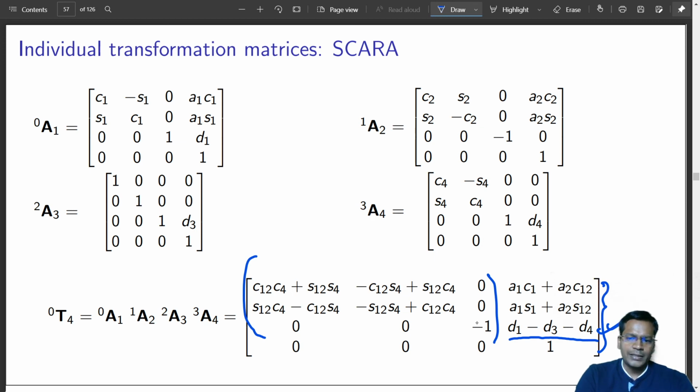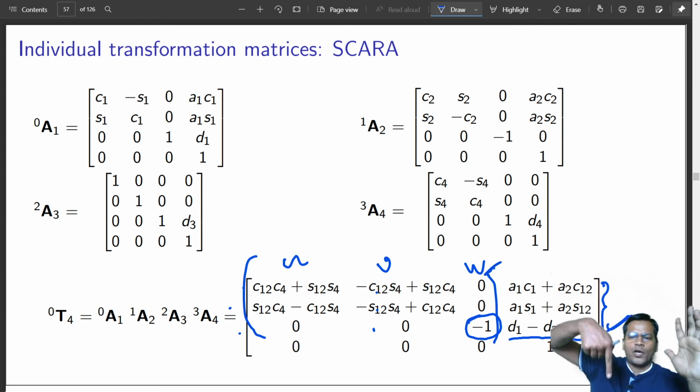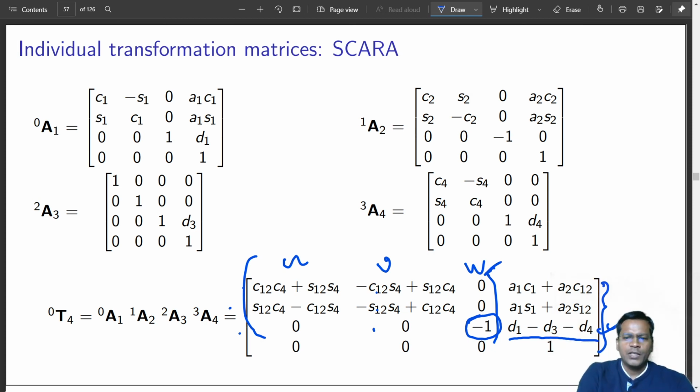So now the last axis, the z-axis, is always pointing downwards. The W-axis of the last frame, UVW, is the projection of U along XYZ, projection of V along XYZ, and projection of W, the end effector frame, along XYZ. So you see the z-axis is always pointing downwards. It cannot roll, it cannot pitch. So these two values will remain 0, and it is always pointing downwards. It is being a unit vector.